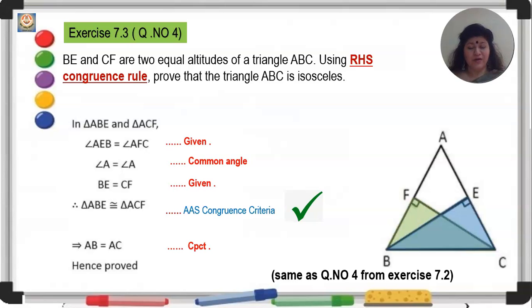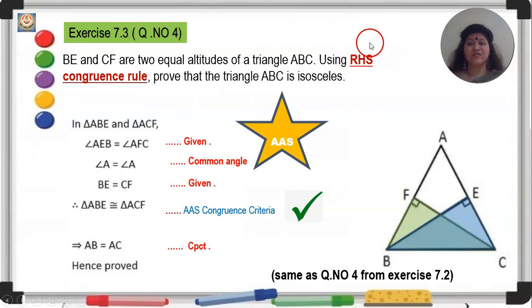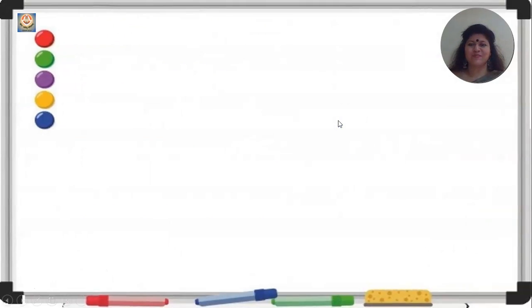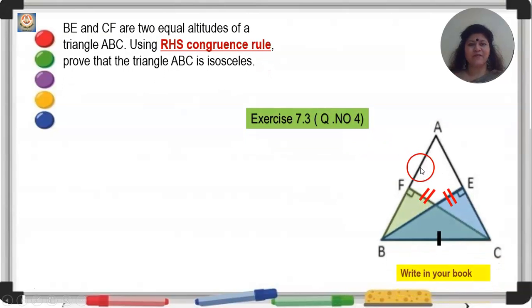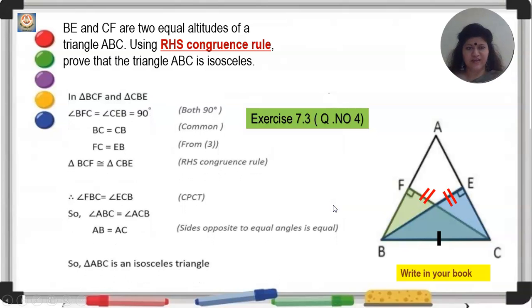But here they have now asked us to prove it congruent by RHS congruence rule. So let us see how to prove it congruent by RHS congruence rule. Have a look. Now the same diagram, question is the same. Exercise 7.3, question number 4. I want you to write down this in your book. Now, to prove it congruent by RHS rule, we will take a different triangle in this. We will take triangle BCF